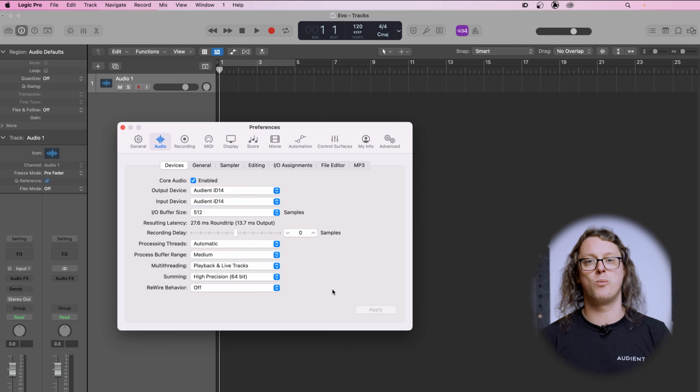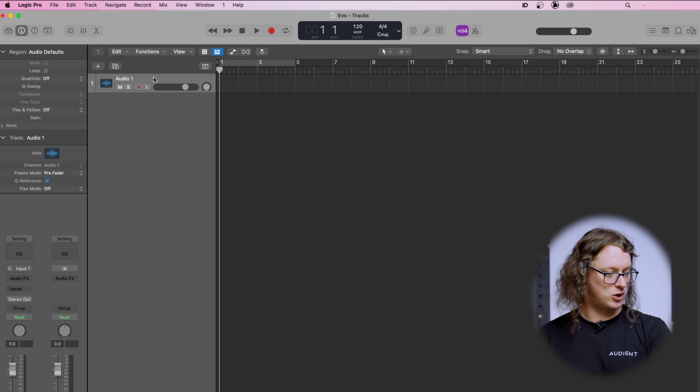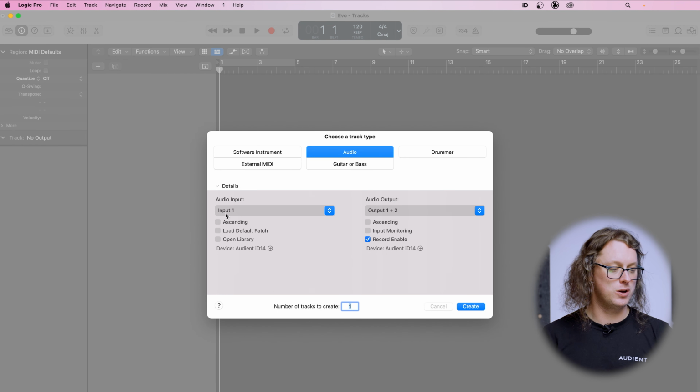Once you're set up with all this, make sure you hit the apply button down here, and that will then switch from whatever interface it was using previously to the ID interface. At this point, I'm going to quickly delete this track out of here to show you what happens with a new Logic project,